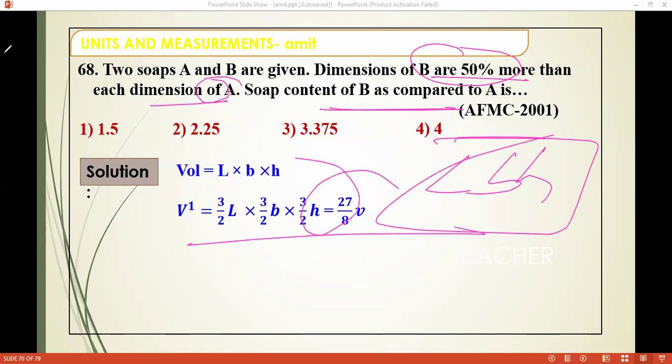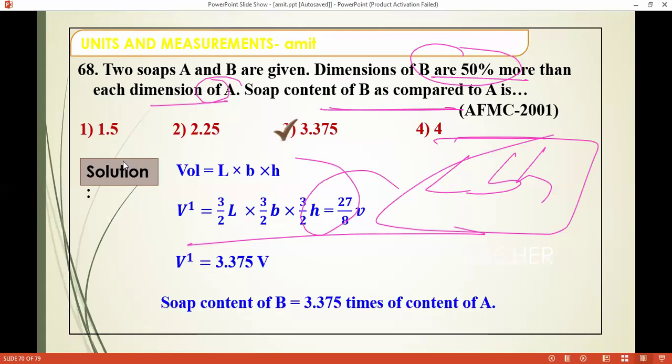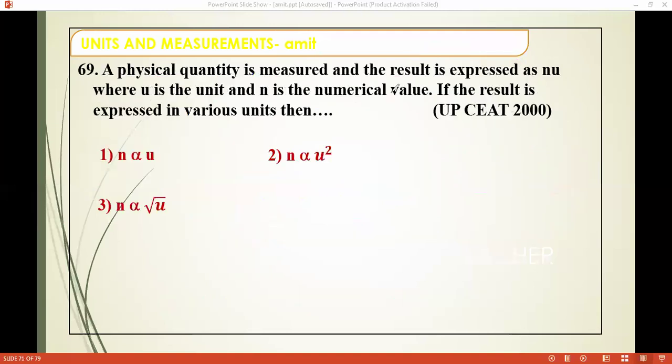And from here what you are getting is 3.375. Check it once, so you'll get this value. You can't believe such questions, but you can solve all questions directly. So the real quantity measure, then the result is space, and then you get it.